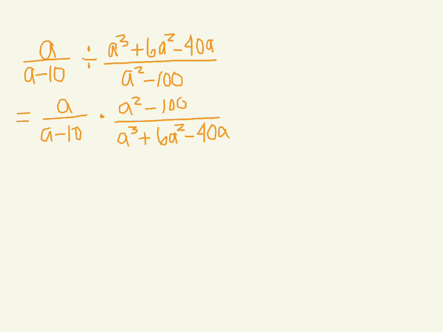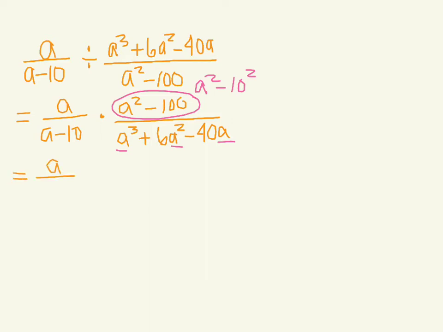So now that I have rewritten this as flipping the second fraction and multiplying, now I'm going to go ahead and simplify and factor what I can. So I see that the numerator is actually a squared minus 10 squared. And in the denominator, I can factor out an a. So doing this